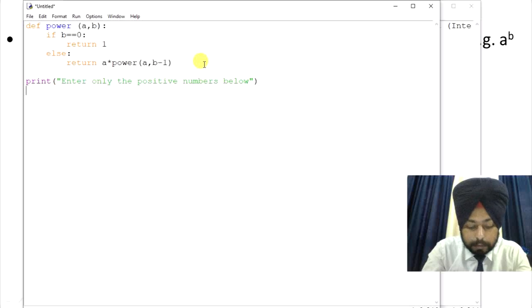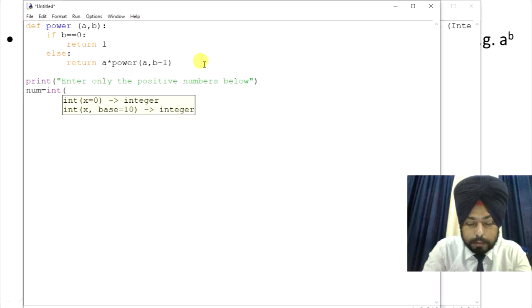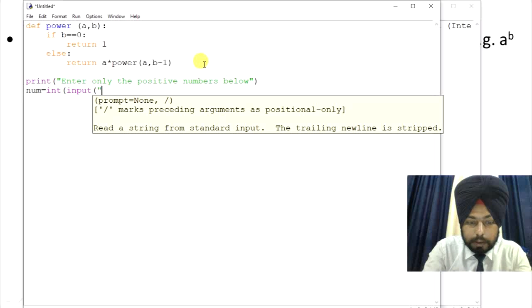It will be closed. Then we'll use num equals integer, then input function, then we'll use here enter base number.